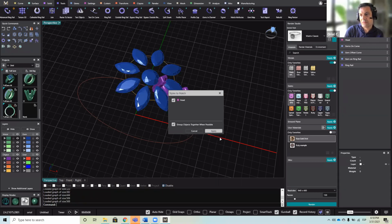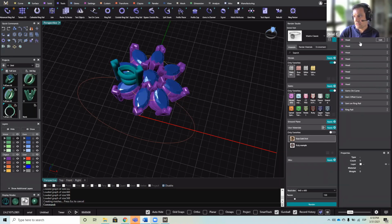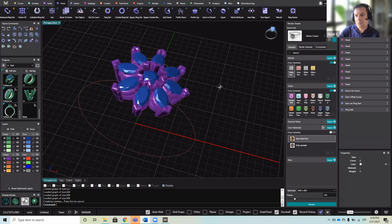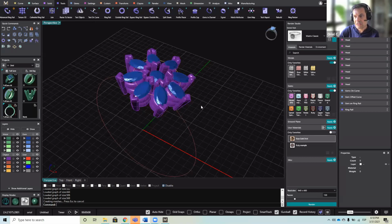Now, what the match attributes will do is create a head for each of these stones. And this is the biggest difference. So now you will see here in the stack that I get one head for each stone, you see? This means that before, with what I did, I just had to change one head, and this change was happening to all the other ones. Instead, with the match attributes, I can now go to any of those. So say I select this one,